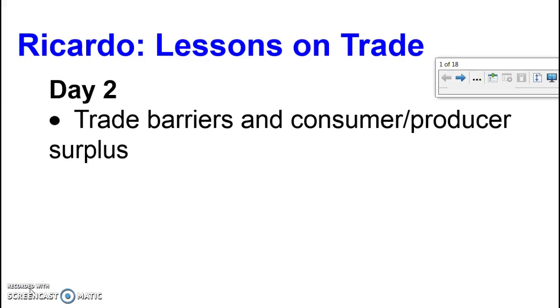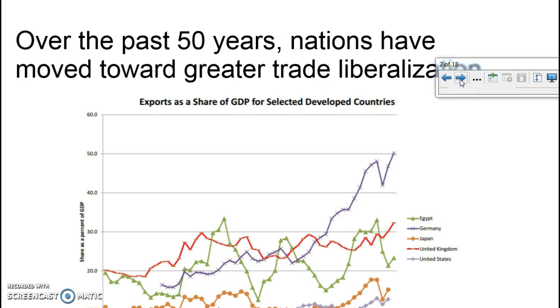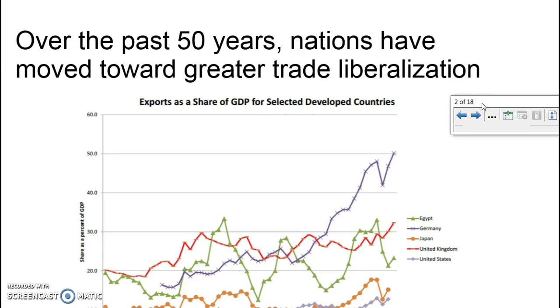For our second lesson on trade, we're going to focus on trade barriers and the removal of trade barriers, and also the impact on consumer and producer surplus. A few of these notes are really general, and I'm just going to recommend you stop and look at them a little bit. This is just showing you that over the past 50 years, nations have moved toward greater